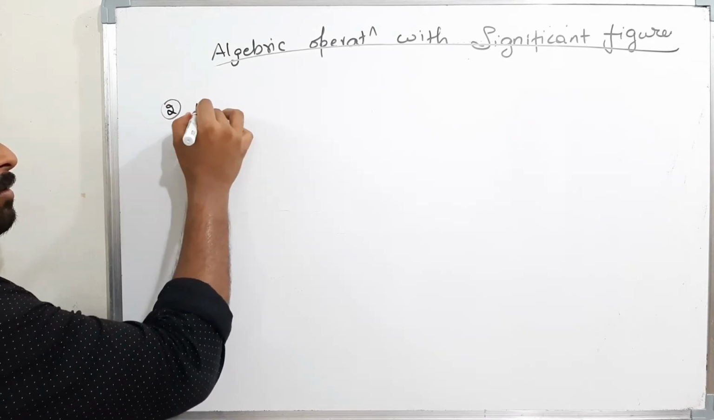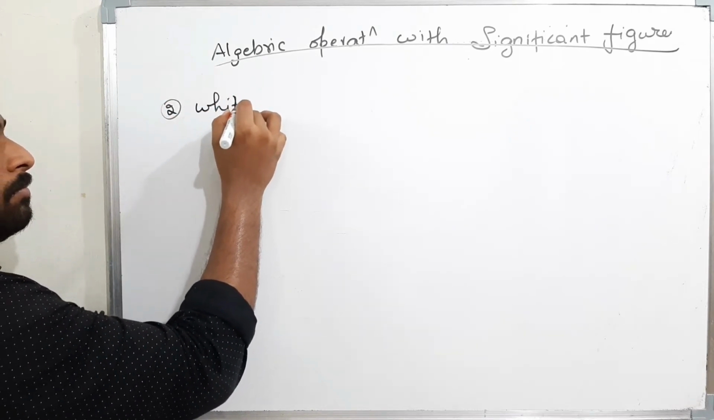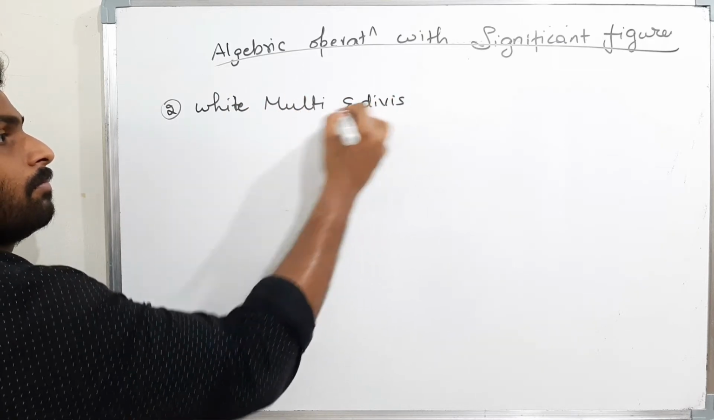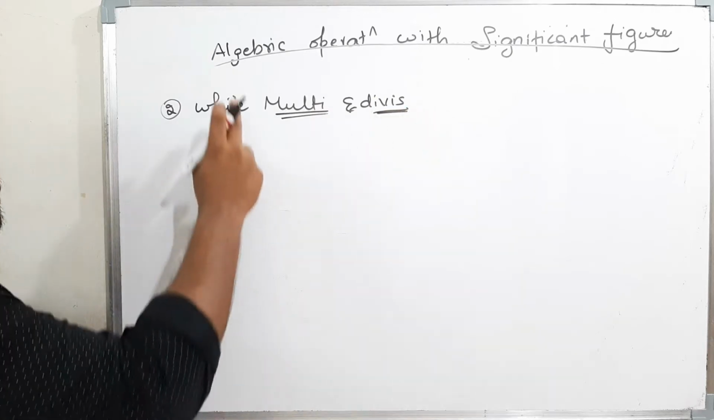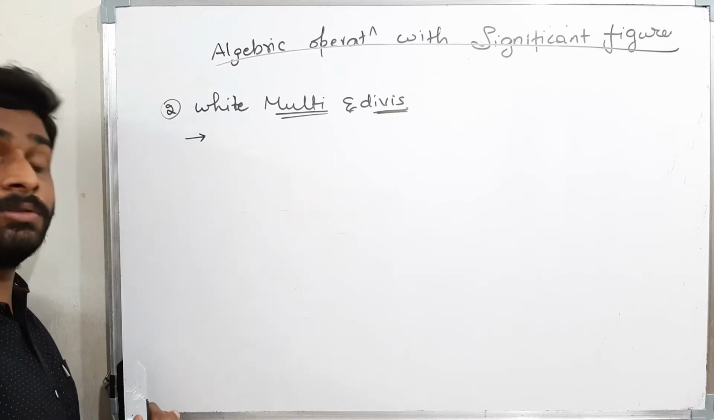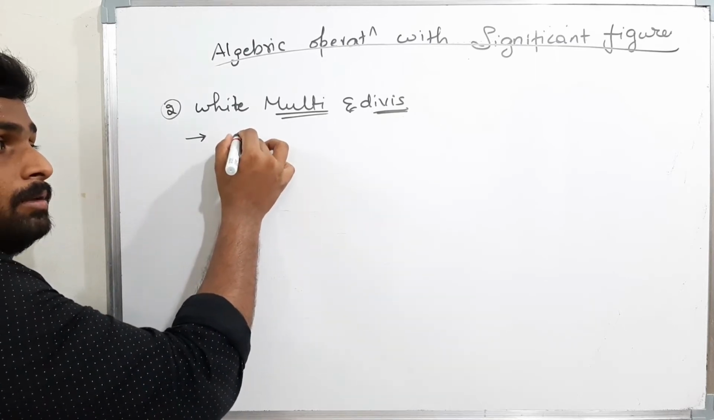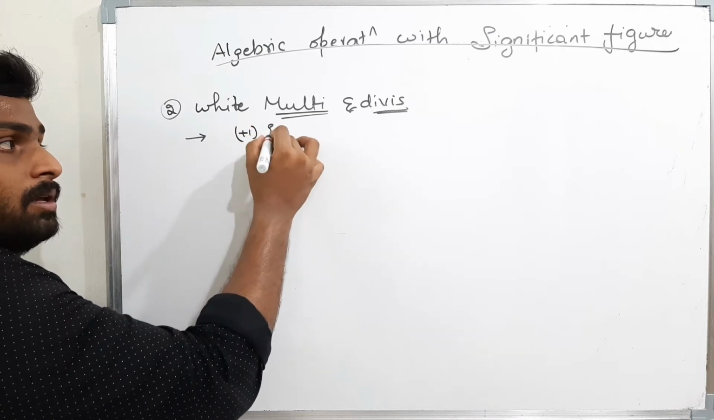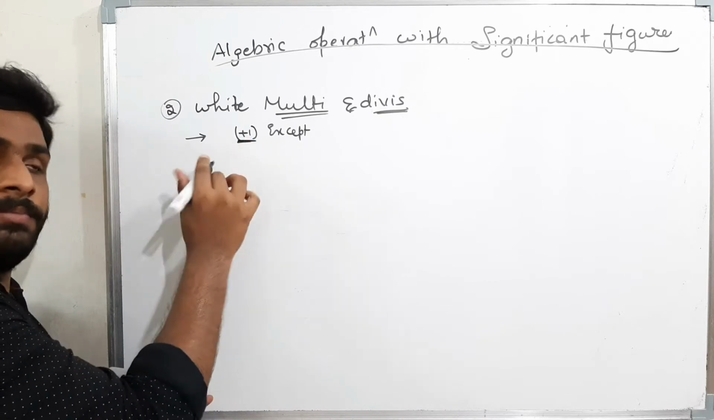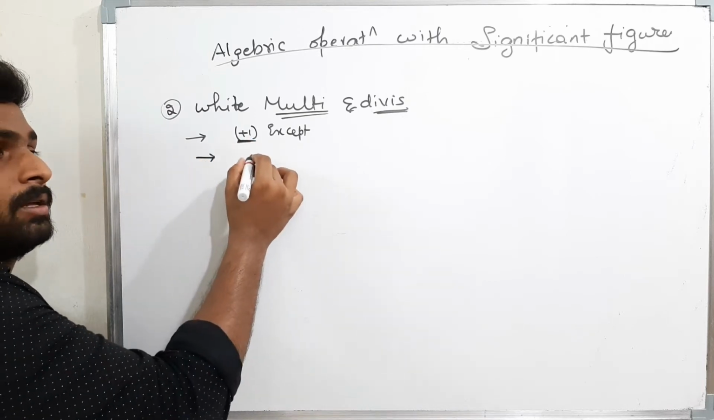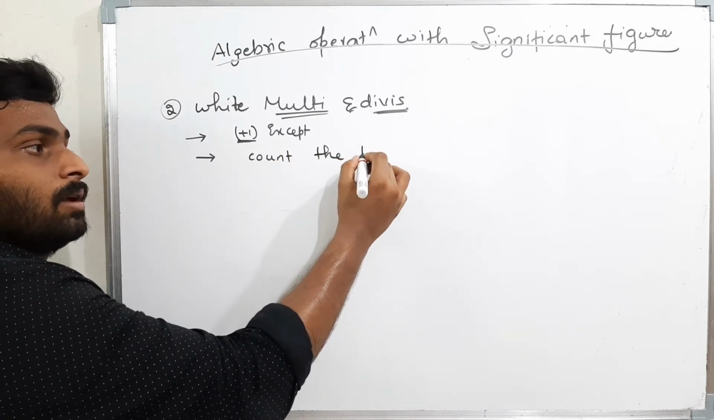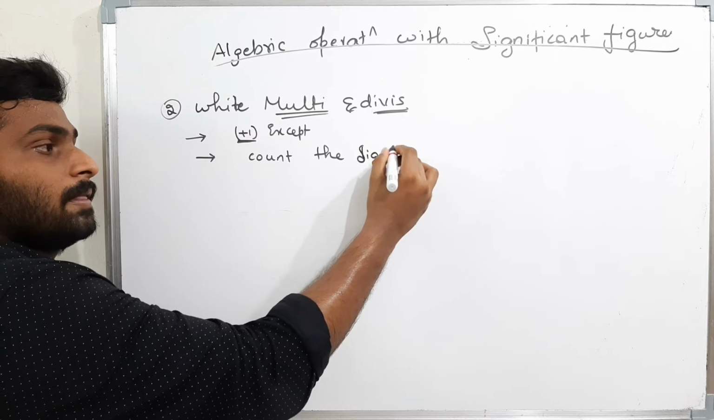Second one, multiplication and division. While doing multiplication and division, what to do and how to do it. Now observe carefully. The rules are also simple. Plus 1 is acceptable, same as before. Next one: count the significant figures